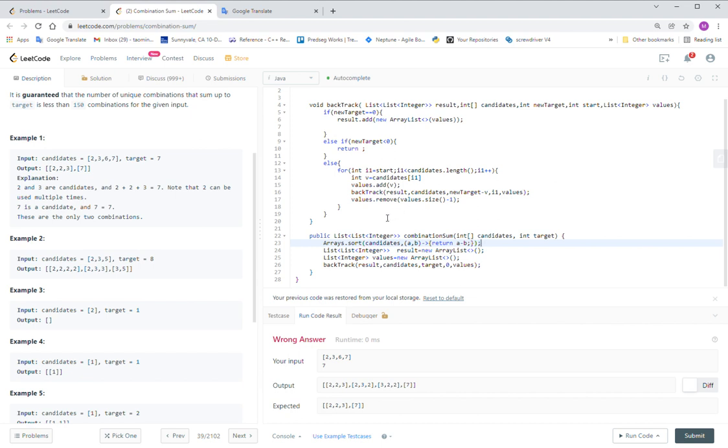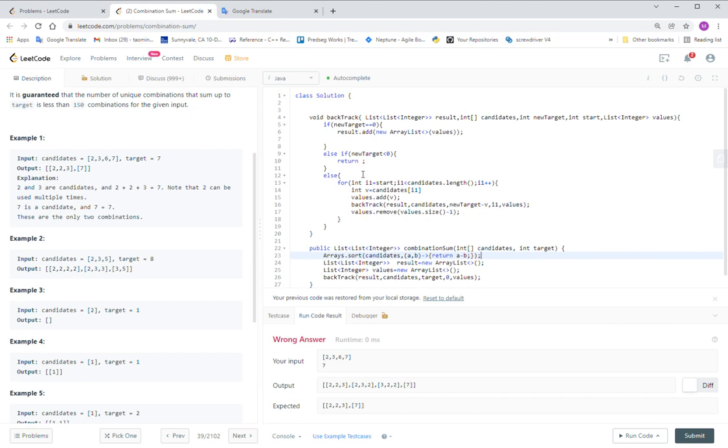We sorted this, and then we can add some signal: if that value is too big,